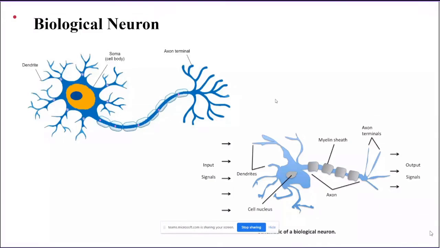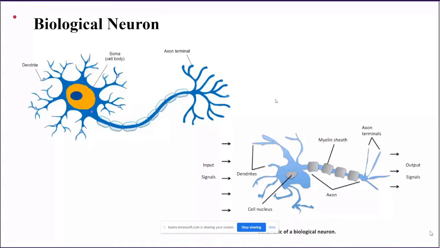With the help of these dendrites, the incoming signals from different neurons are passed to this neuron, and then the weighted average is calculated and activation happens. Based on this activation, the output will be passed through this axon to the axon terminals, where we can pass the information to other neurons.